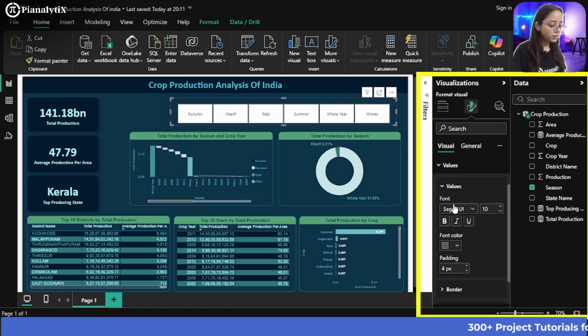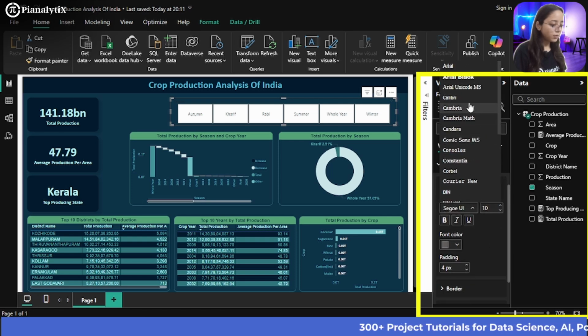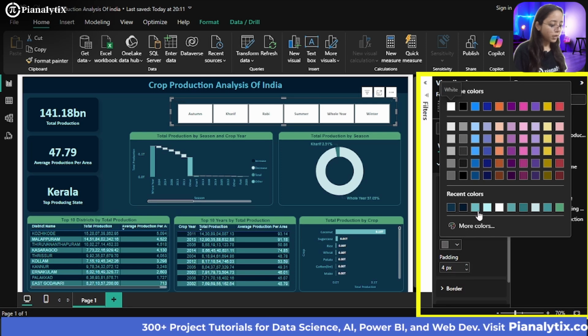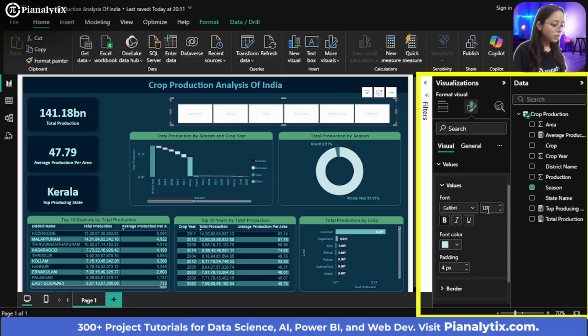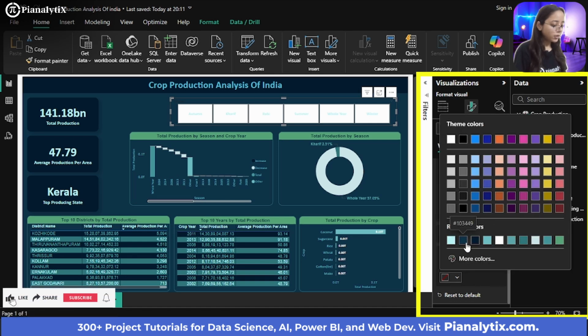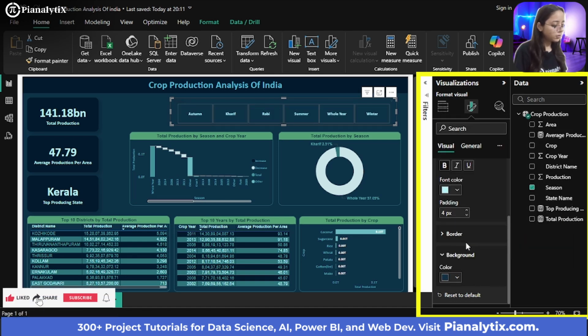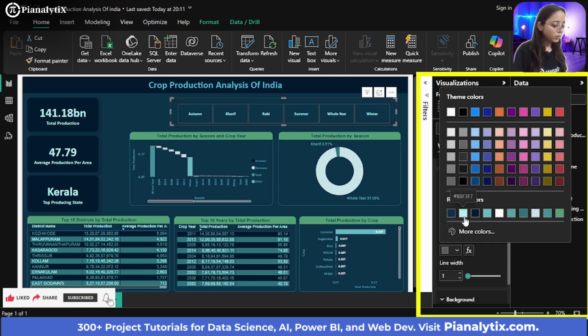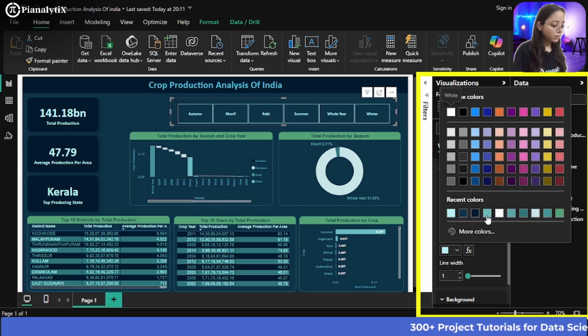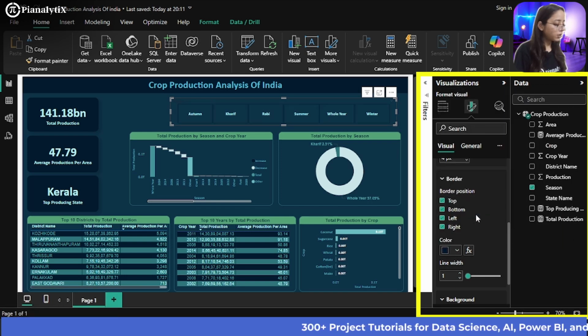So I will go back to the visual section, and then I can choose the values here and make them Calibri. I can make them bold as well, and choose a font color which I've been repetitively using. For the background of these, I can change the color. I can use this color, and the borders can again be in a color which is more preferred, or you can choose a darker color also.